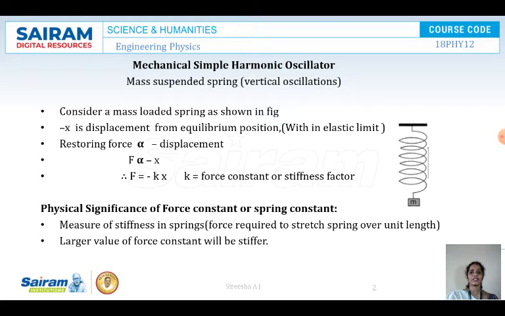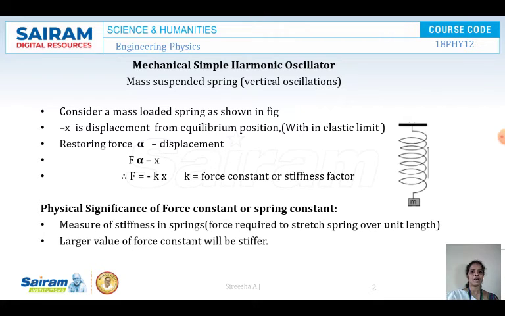As I said in the previous sessions, a simple harmonic motion example is a mass suspended from a spring, and when it is displaced down, the spring is set into simple harmonic motion. The oscillations of a mass suspended from a spring are nothing but a simple harmonic motion, and this we are taking as a mechanical simple harmonic oscillator. Now let us see how exactly we can frame the equation.